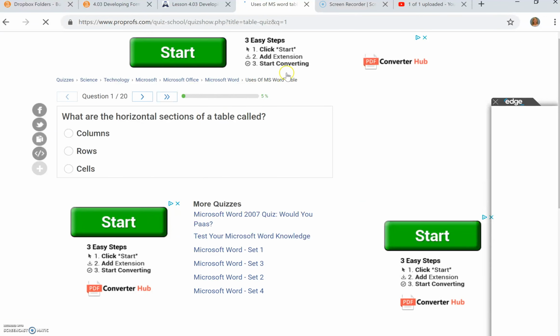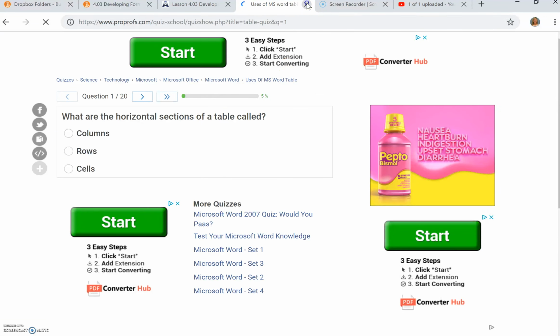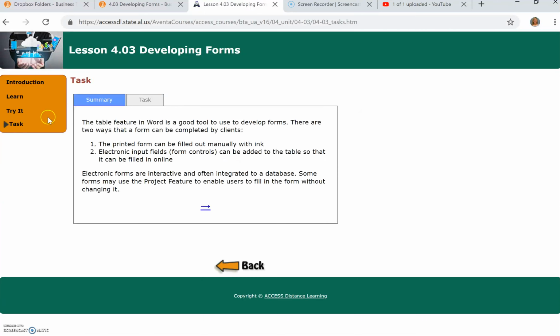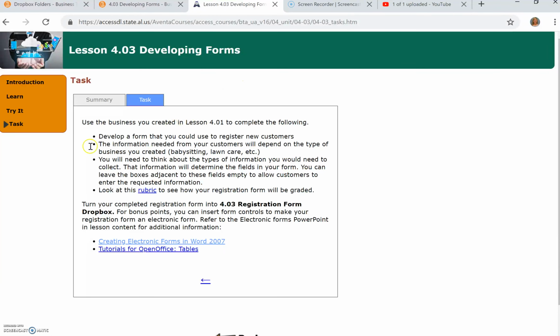So the directions under Try It just asked for you to complete the quiz and then to take a screenshot of it. So you can do that, and you can attach it on just a blank Word document and turn it in along with your forms. It's not required, but I will give you this chance to do it for a bonus. So if you do really well on the quiz and take a screenshot and turn it in